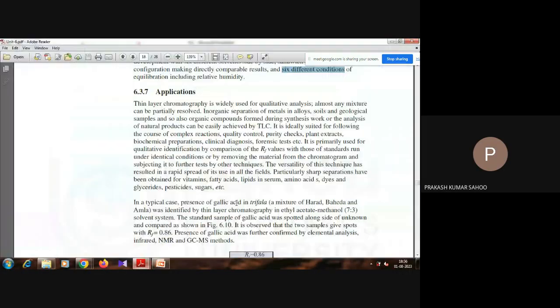And in our PDF, the applications: TLC is widely used for qualitative and also for quantitative purposes. Inorganic separation of metal alloys, soil, and geological samples is also carried out. It is ideally suited for following the course of a complex reaction. This is very important, that we analyze or determine at the middle of the reaction whether our product is formed or not, whether the reaction is completed or not, by a timely TLC experiment by putting the reactant, product, and the reaction mixture